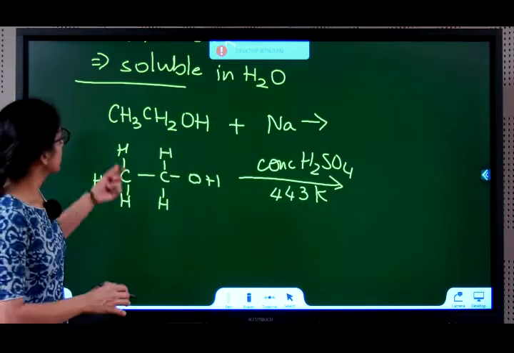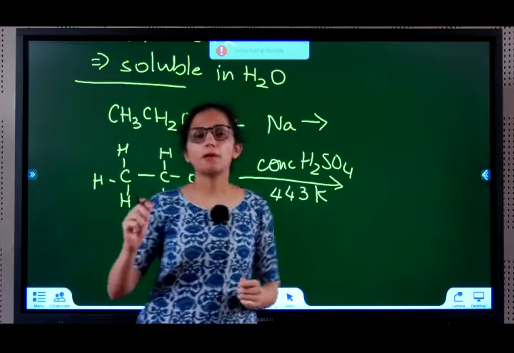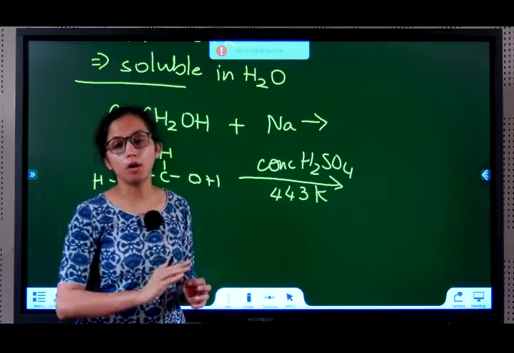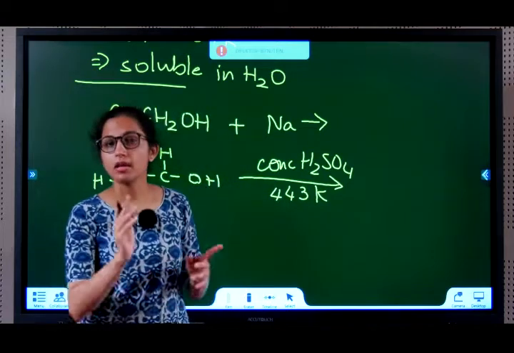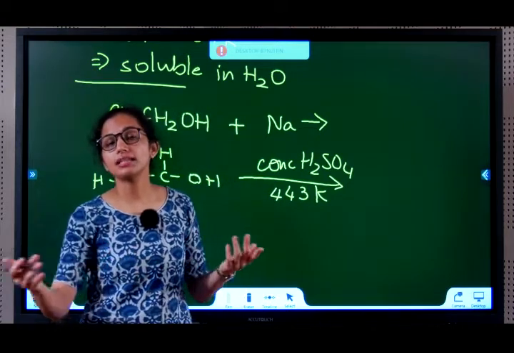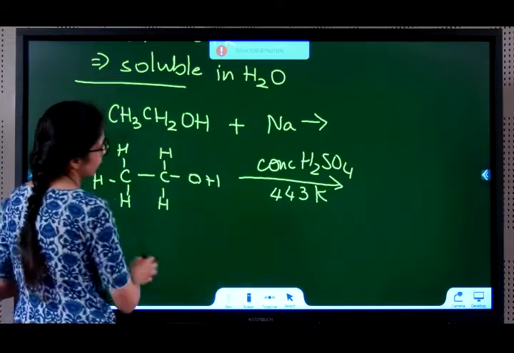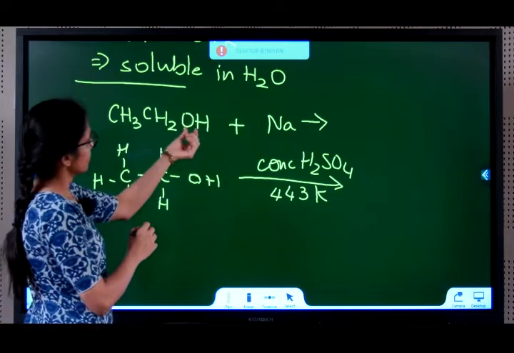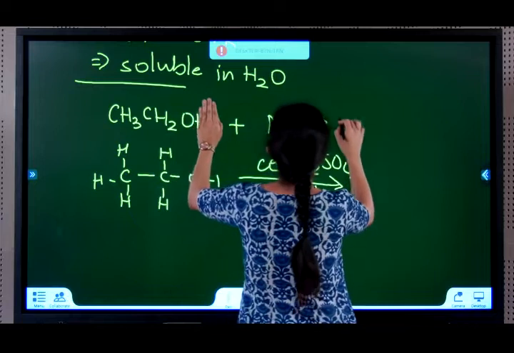So now I've taken ethanol and I have put sodium in the beaker. I saw bubbles. The first thing I'll do is check for pop sound. I light the matchstick and take it near the beaker. It burns with a pop sound. That means what? Hydrogen gas is liberated. So here H is liberated. H goes away from here. So it becomes